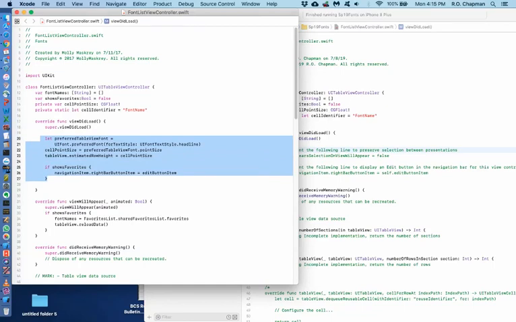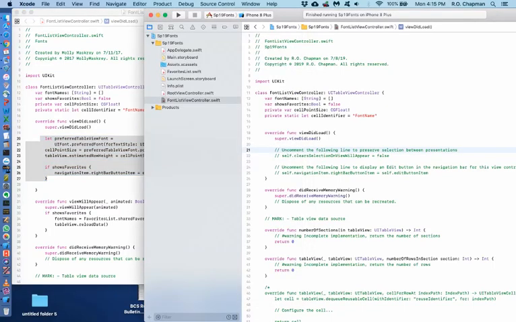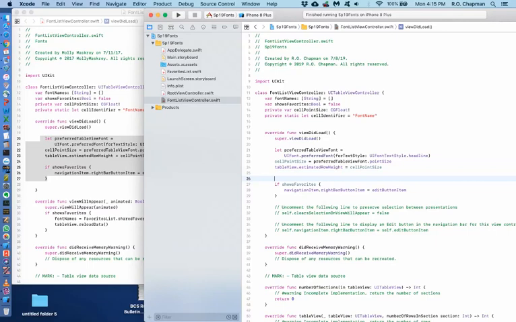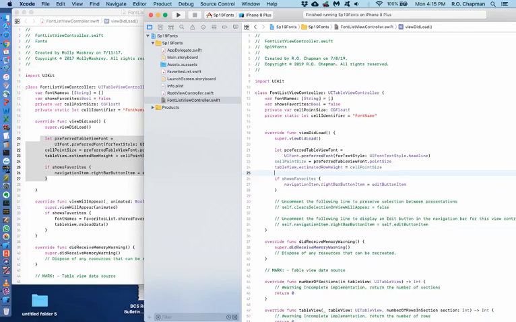Let's grab the code for viewDidLoad. I'm going to comment out the business here. Well, actually, no, I'm going to leave it in. If we're showing favorites, I may have to comment this out to make it work, because I'm not going to really focus on the favorites until the end of the chapter. But here we're setting up the preferred font for this table view, and again we're picking it from the UIFont class, just like we did in the root